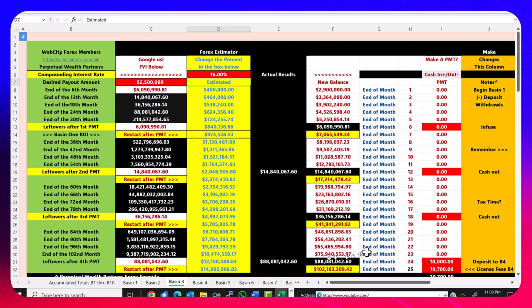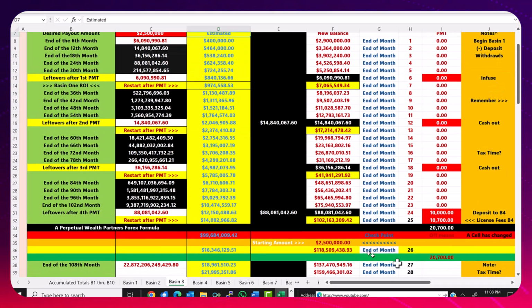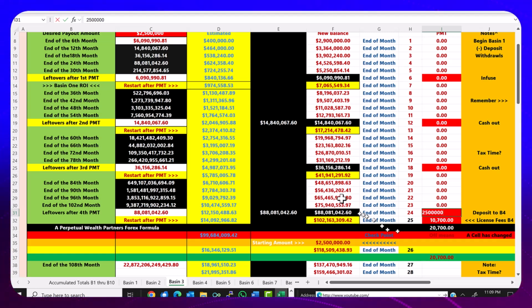Let's see what we're doing here. We're not going to deposit $10,000. We're going to deposit $2.5 million in another one. If that works, if it doesn't work, we'll take the money out and buy a hotel. It's called the Monopoly game. We'll just do whatever we want to do at this point. So anyway,